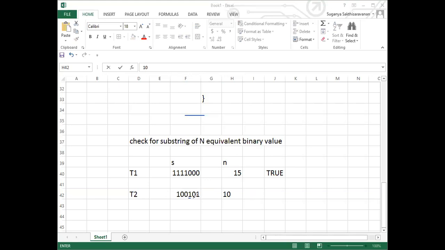No, 1010. Why? This is the one having 0 missing. So if you go before 0, that is also not possible. In this case, I'm supposed to return false as your output. So this is your question.